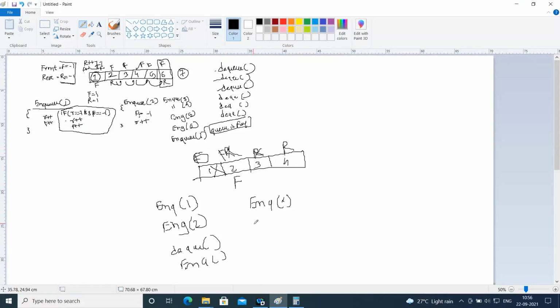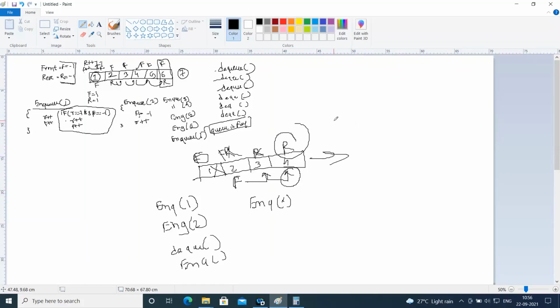So of course DQ. If you DQ one more element, front will travel from the second to the third. If you do one more DQ, front will travel from third to the fourth. And as soon as you DQ the 4th element, there is no possible insertion and no possible deletion or removal from the queue. This is called a linear queue.